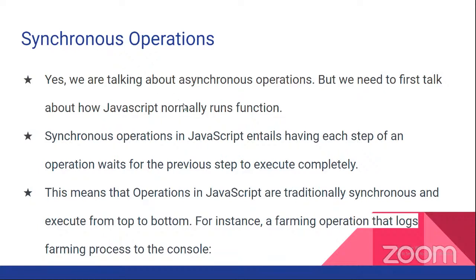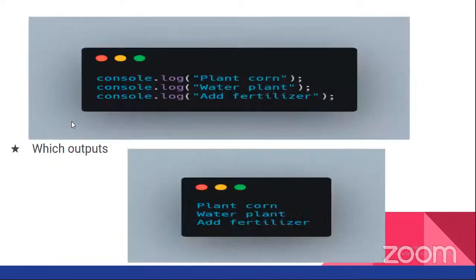So a synchronous operation in JavaScript entails every step of operation waiting for the previous step to execute completely. This means that operations in JavaScript are traditionally synchronous. For instance, a farming operation. If you are trying to farm, although there are initial things that you do, maybe soil preparation, I just pick the core of the farming operation, which is to plant corn, then water plants and add fertilizer. So if you do this in our console,